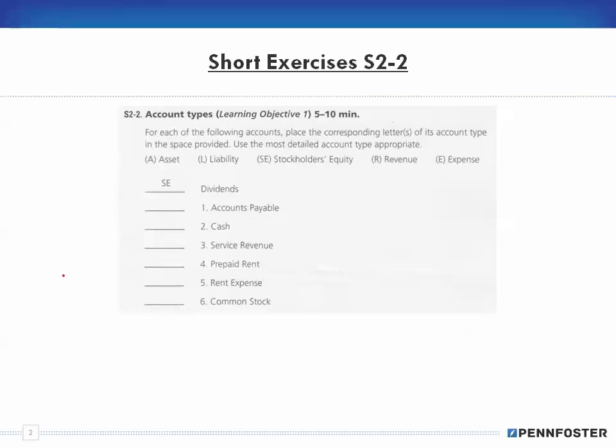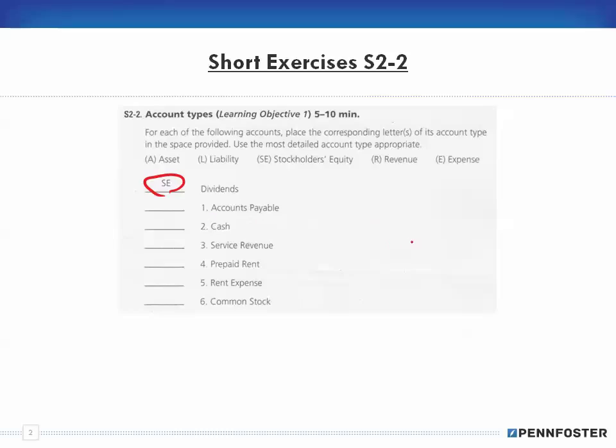People are expecting that return on their investment, and so even if they do have a loss for that period, they will take the dividends out of the retained earnings, and that's why they're showing the dividends coming out of stockholders' equity. But for smaller and mid-sized businesses, which make up the majority of businesses in America, they're going to